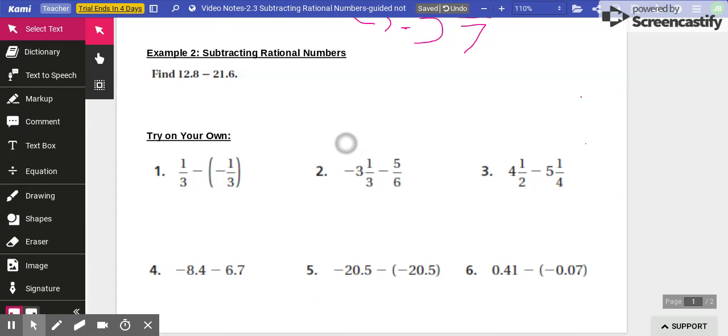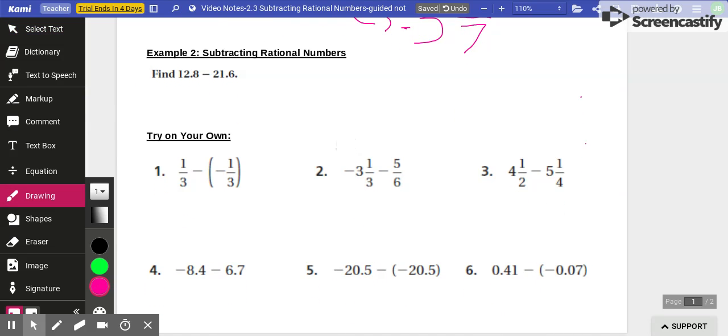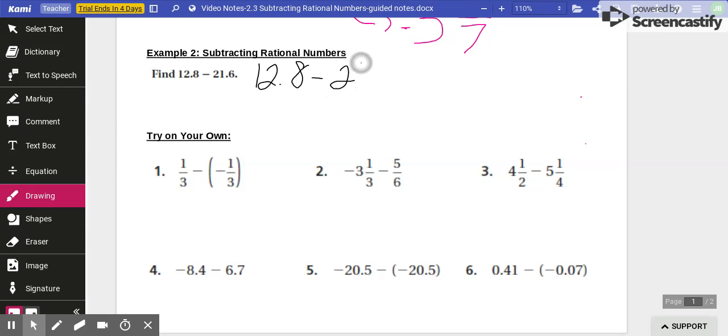Okay, so we have 12.8 minus 21.6. We don't have to check about our common denominators at this point. We just need to make sure that we use our keep, change, change. So I have 12.8 minus 21.6. So I am going to keep my first one, change, and then change. So I change this to addition, and I change this to its opposite. So because I now have an addition problem, I have 2 opposite signs, so a positive and a negative. I'm going to subtract. I'm going to start with my larger absolute value, so 21.6, 21 and 6/10, minus